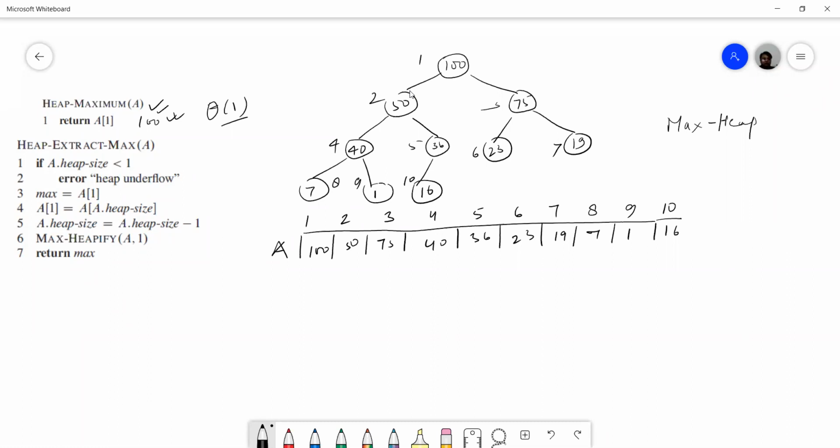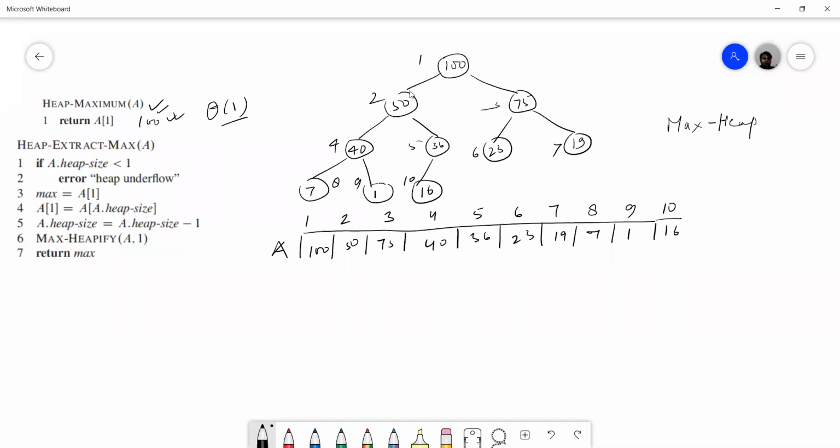Okay, now we have heap extract max. We'll run this algorithm one by one. Extract means that we are deleting the element from the heap.